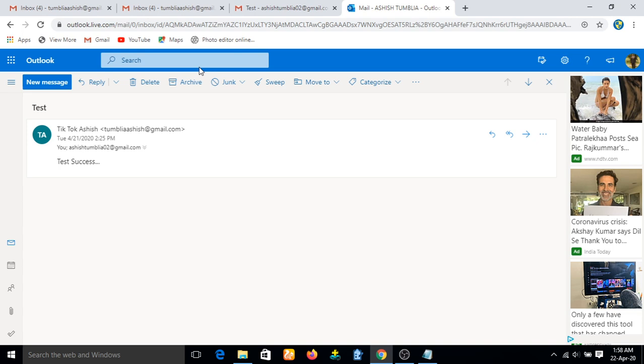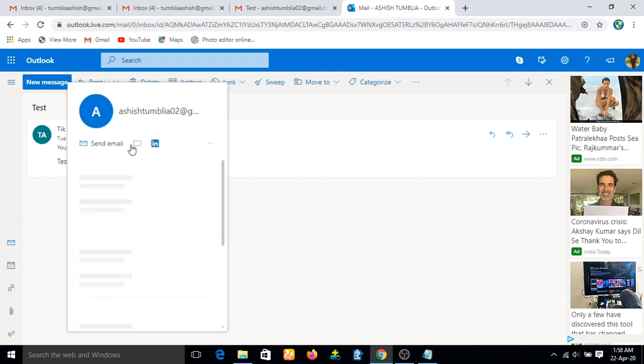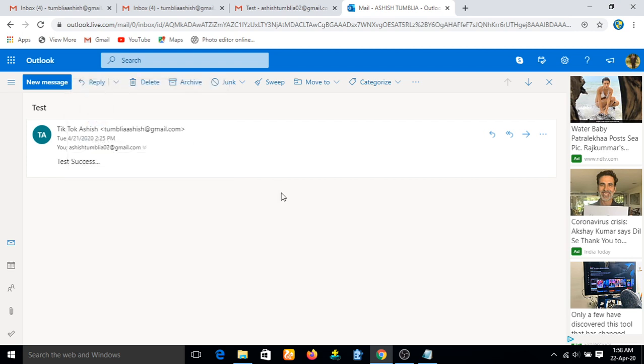That means I have used two other email IDs. And as I showed you, in both IDs the mail is present. So we can say the data is transferring properly. So the integration testing second scenario passed.